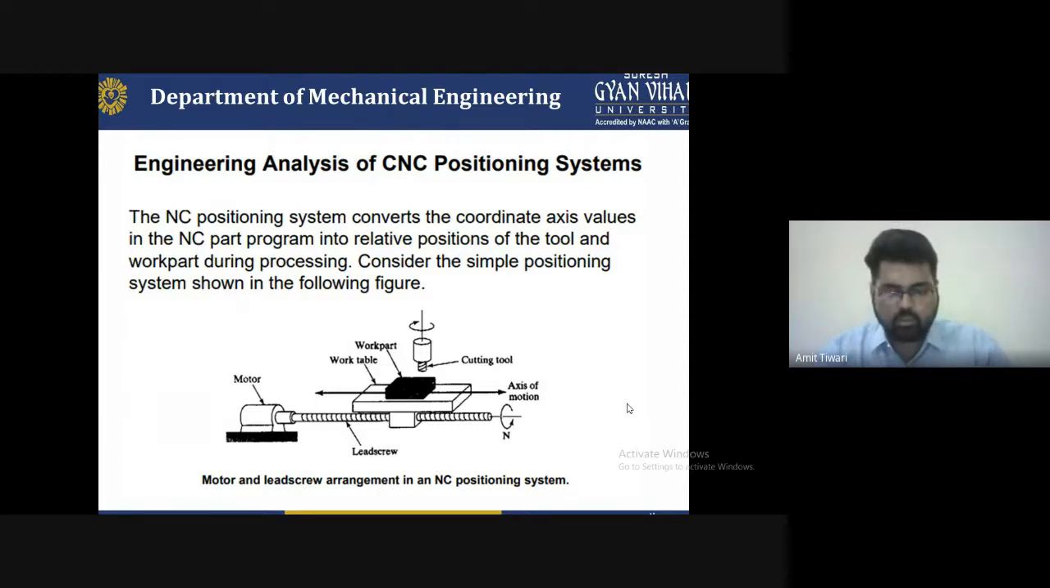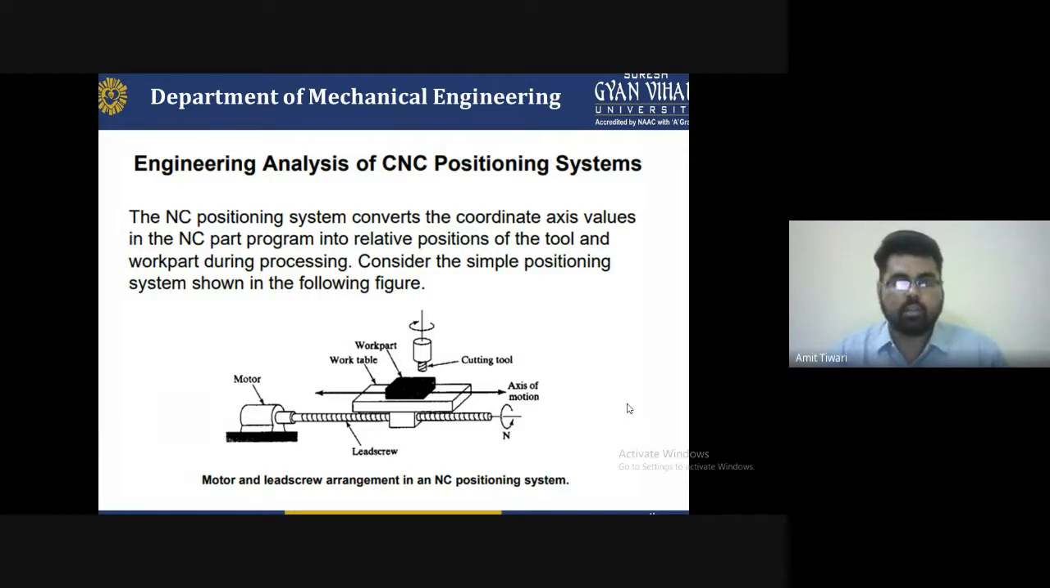So these are some diagrams you can see. These are the motor and lead screw arrangement in the CNC positioning system, where the motor can run at high RPM, and this RPM will be transferred to the axis, and the lead screw will be fixed with that, and the quality will be improved and operated by the center as soon as possible. That is the engineering analysis of the CNC positioning system,